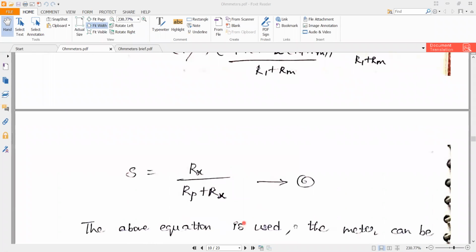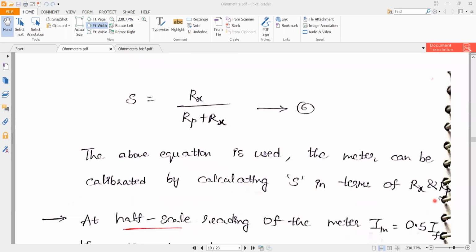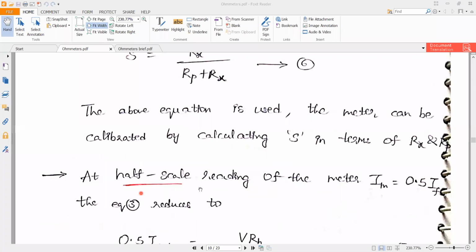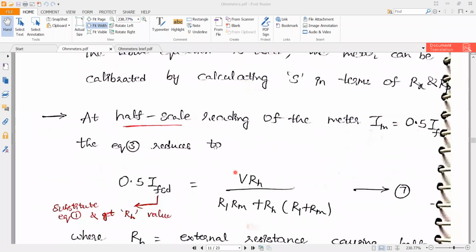The above equation is used to calibrate the meter, by calculating S in terms of Rx and Rp. At full scale reading of the meter, Im is equal to 0.5 IFST. The equation 3 reduces to